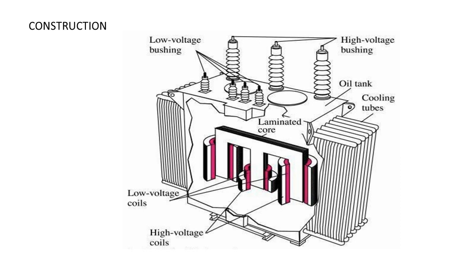We have an oil tank in which oil is used as a medium of insulation. If the winding heats up according to I square R losses, there is heat generated in the whole core. So that will be decreased if we fill the container with oil. And there are bushings over here which will connect the HV lines directly to the transformer. Here there are high voltage bushings, and here there are low voltage bushings. The low voltage bushings are from the supply side and the high voltage bushings will be from the load side.